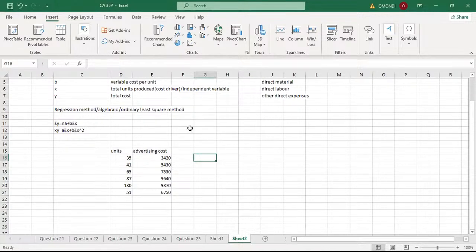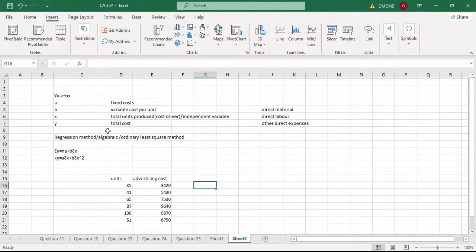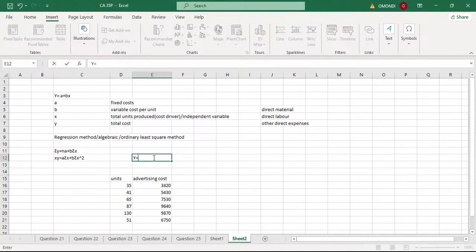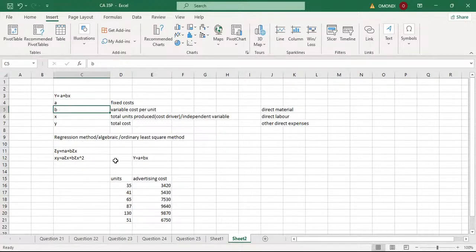What do we want to do? We want to get the value of X, the value of Y, the value of A, and the value of B. Of course, X is already given here, and Y is already given here. Our interest is to have that function where Y is equal to A plus B X. So we want to get A and B, then insert them into this place and replace those letters. Step number one